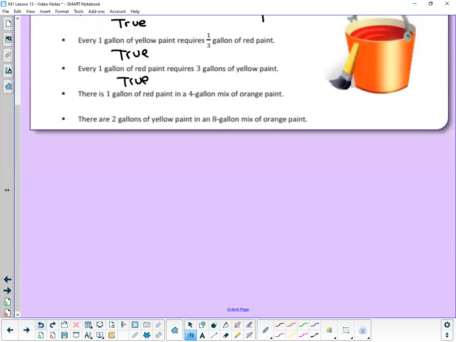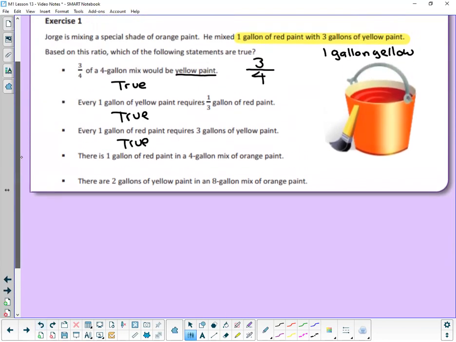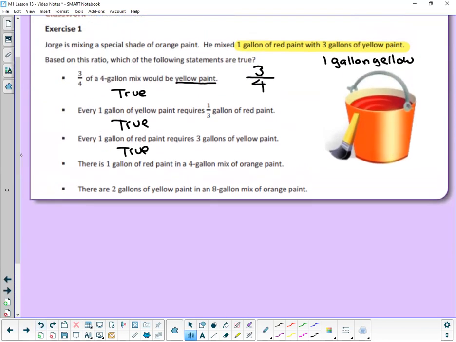Then it says there is 1 gallon of red paint in a 4-gallon mix of orange paint. Well, if you take the 1 gallon here, okay, so there's 1 plus the 3 gallons is a total of 4 gallons. So it would in fact have 1 gallon of red paint. That's also true. There are 2 gallons of yellow paint in an 8-gallon mix of orange paint. Well, we know that if I were creating a ratio table here,